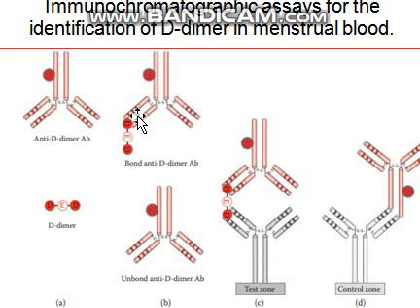In this antigen-antibody complex, the antigen has two binding sites. One binding site has been attached to the labeled antibody, and the other binding site is still free. This free binding site gets bound with the immobilized anti-D dimer antibody present in the test zone. In the test zone, a number of immobilized anti-D dimer antibodies are going to link as soon as they come in contact with the D dimer. Thus a sandwich kind of complex is formed: antibody, antigen and antibody.